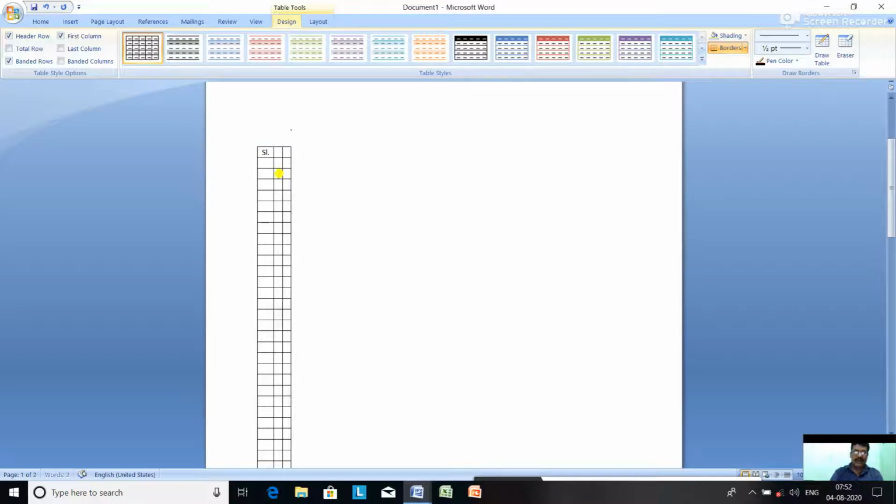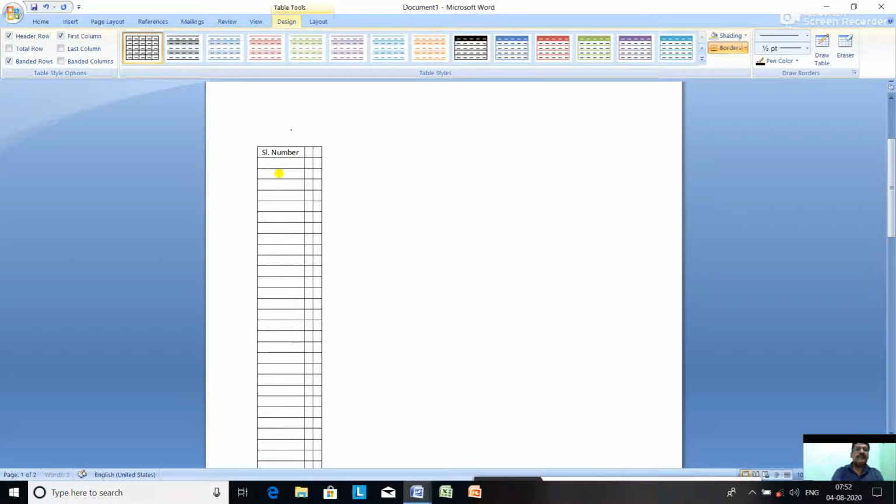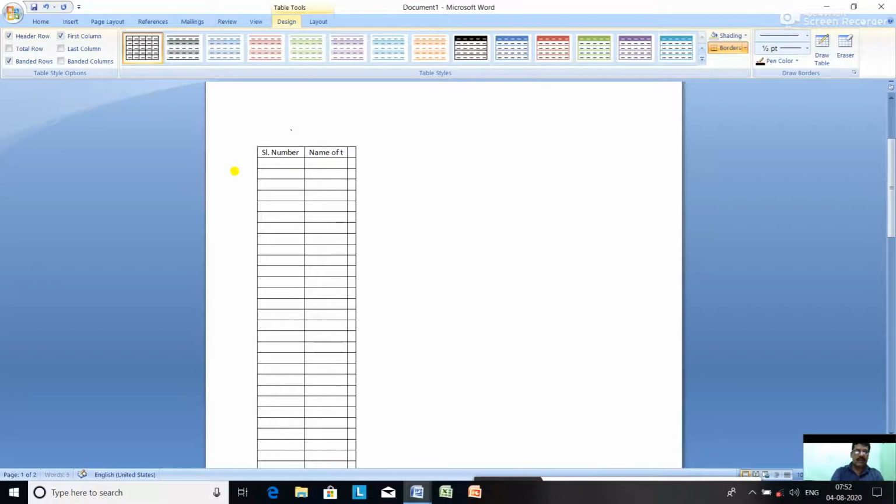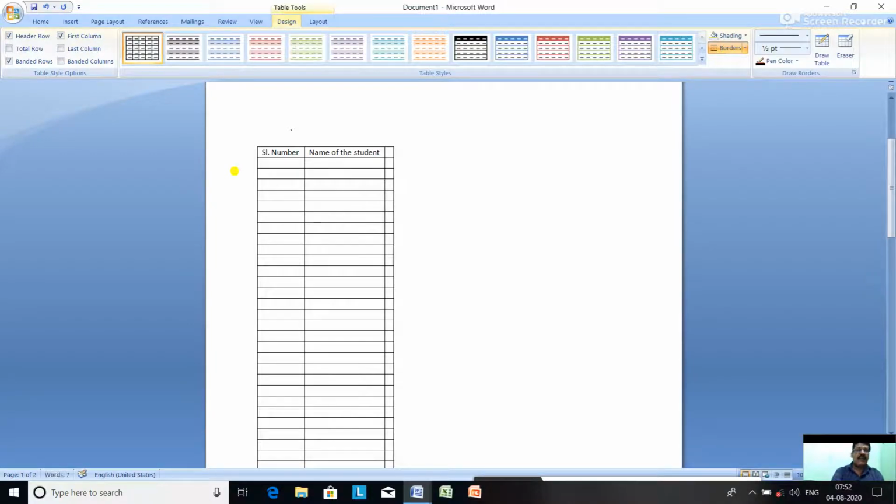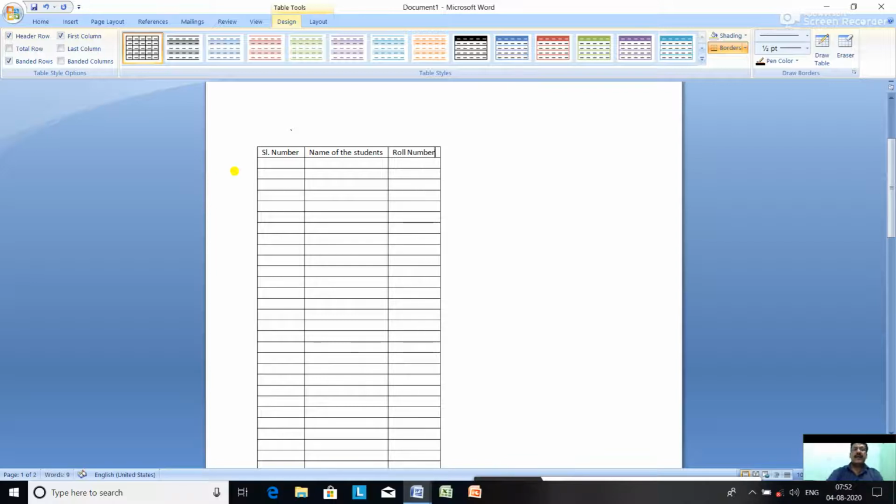Then click on the second column and type name of the students. In the third column, type roll number. Okay, done.